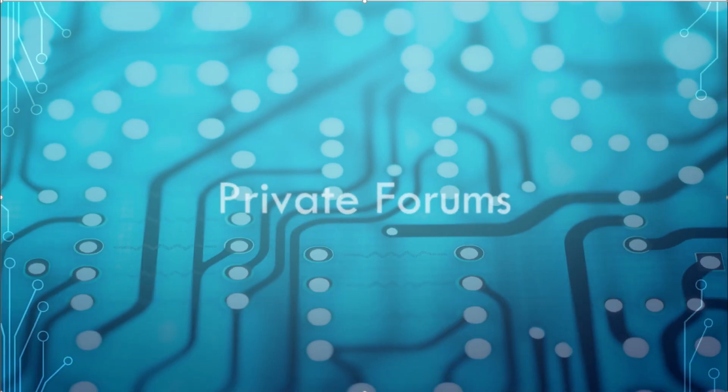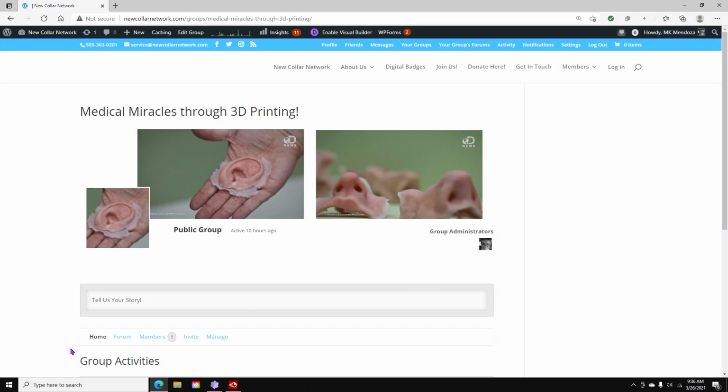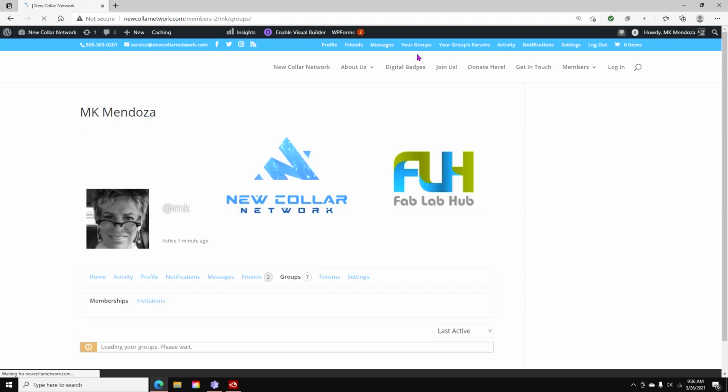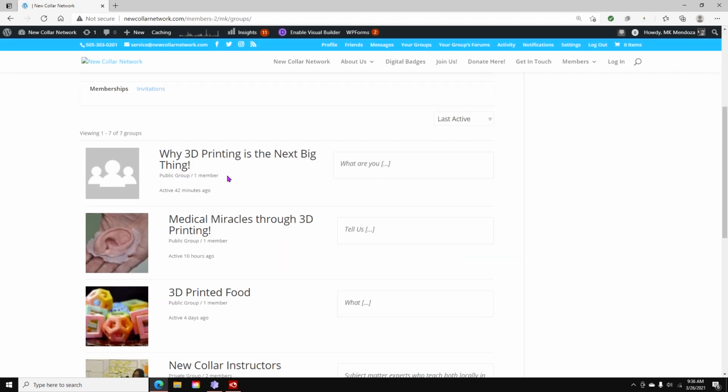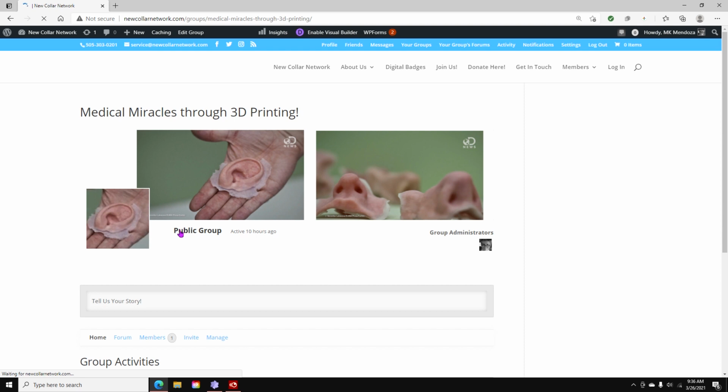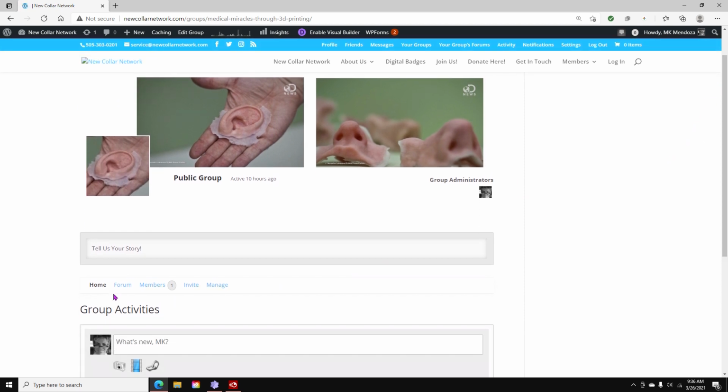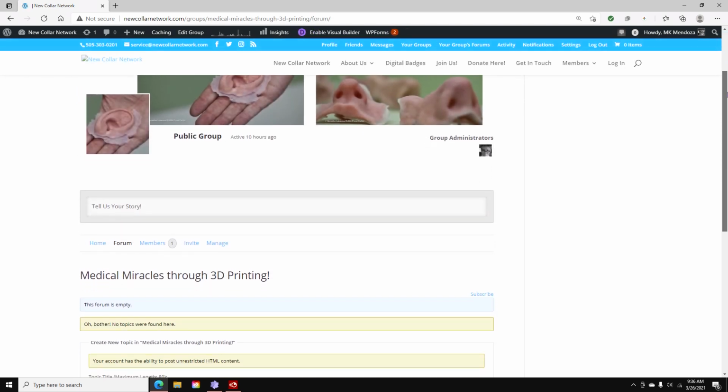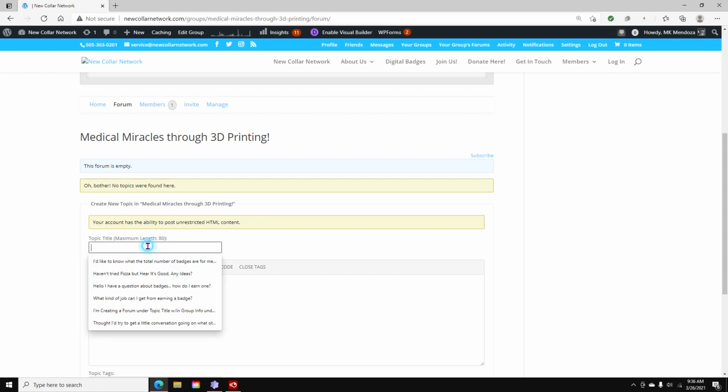You can also create your own private forums. Just stay on this page, the home page of your group, which can also always be accessed off the navigation menu under Your Groups. Just click on Forum on your group's homepage. This will automatically take you to the page that allows you to fill in the details,